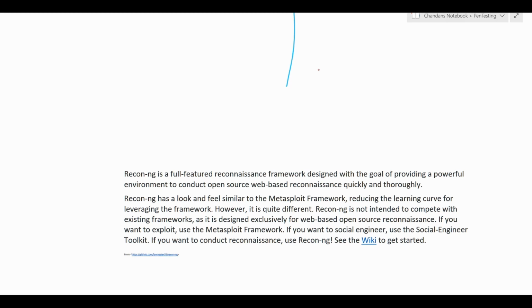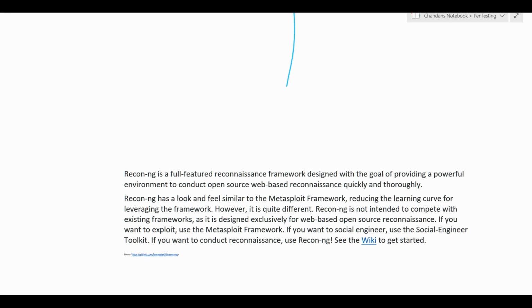Hello guys, today I'll be talking about the Recon-ng tool, which is a very powerful tool nowadays, widely used for information gathering. This is an information gathering tool, widely used for finding information about any companies, any profiles, or anything we are using nowadays, so we can find weaknesses in them. It is also widely used by penetration testers.